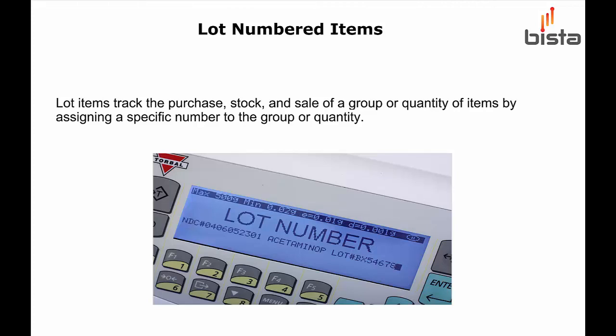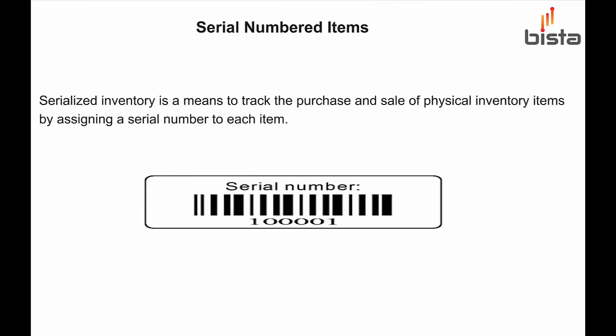Say for example, a food distributor can track goods by assigning a lot number and expiration date to a group of perishable products. Lot numbered items track the quantity of items and the specific cost for each lot as products are purchased and sold. Serializing inventory enables you to choose a specific serial numbered item to fulfill or receive an order. You can access the history of any serialized item to track the cost of the item or check its status.